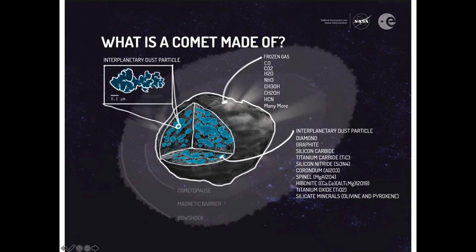And inside of them, in addition to having this frozen gas, this ice, there are different kinds of metals and rocks. So like titanium oxide, there are silicates. So we've got rocks in there. There's diamond, there could be graphite, so on and so forth. And these particles, these actual bits of dust, are very small, less than a micrometer across.